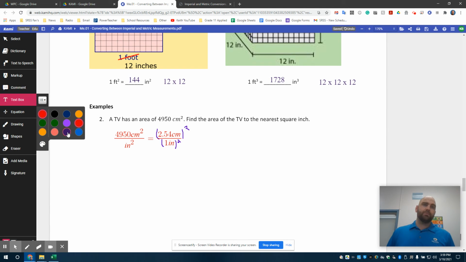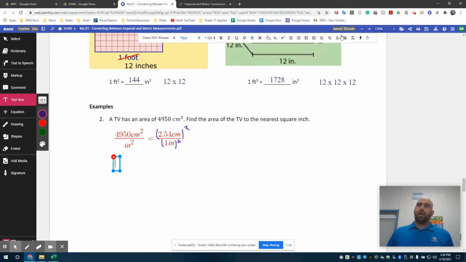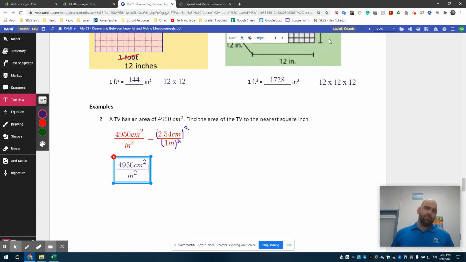When we do that, the first part's still going to stay exactly the same. We're going to have 4,950 centimeters squared over inches squared. Now, if we do 2.54 squared, we get